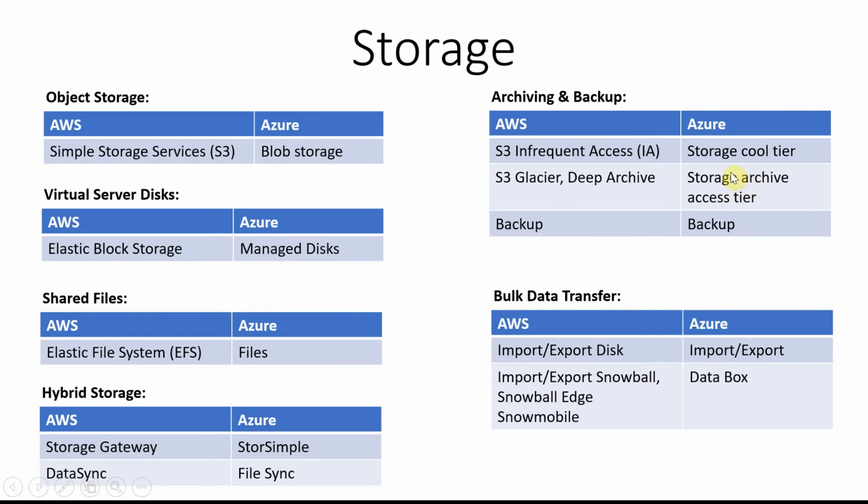The advantage is that you'll get the storage at a very cheap price compared to all these other things, because all of those are on demand and you get the data immediately. Here it will take some time. So for such requirements, primarily archiving or backup category requirements, you use these tools. The equivalent on the AWS side is S3 Glacier and Deep Archive. And then the last one is backup.